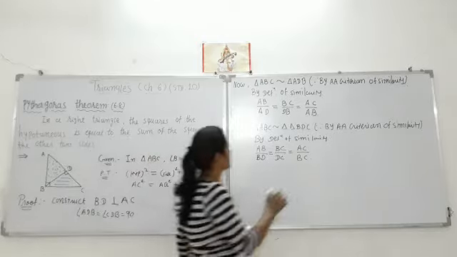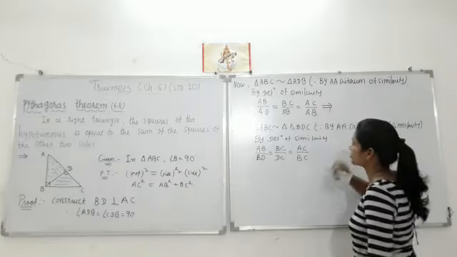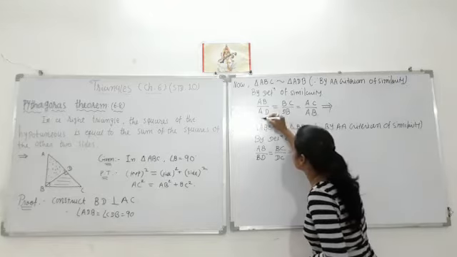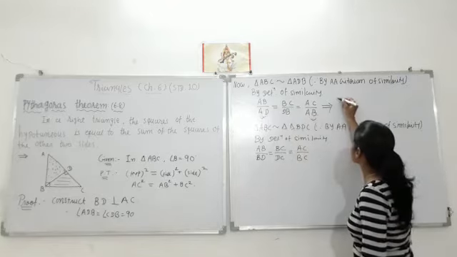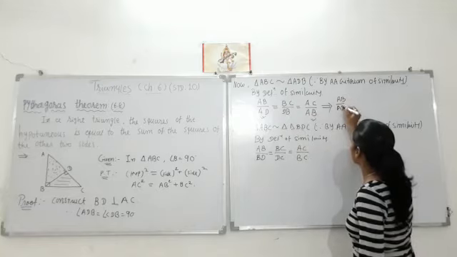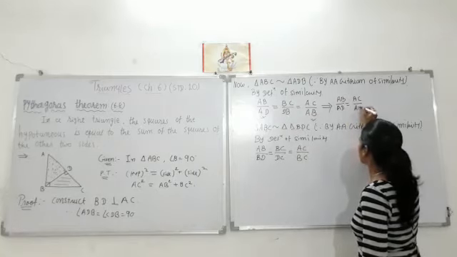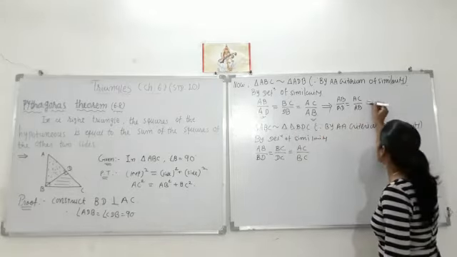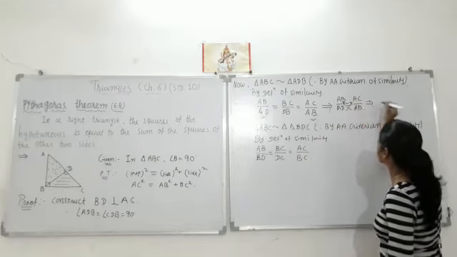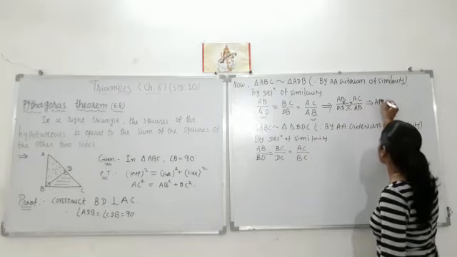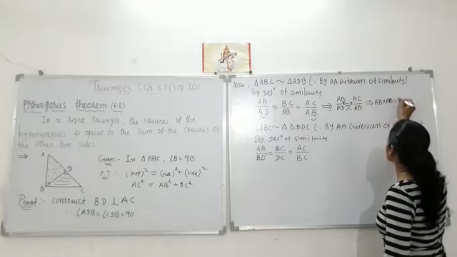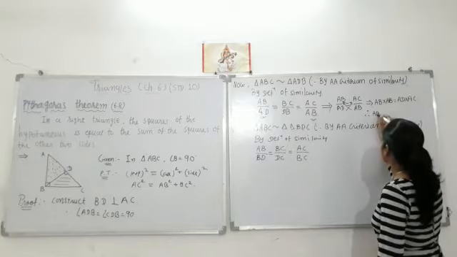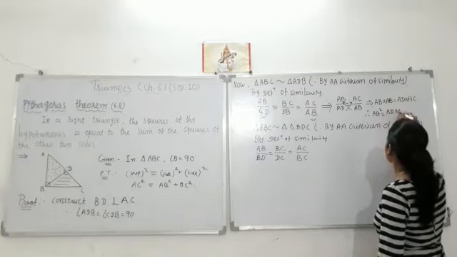That's why we consider these two things, that product becomes itself, and that's why it becomes its square. So we consider these here. AB upon AD is equal to AC upon AB. We just consider these two because we need them in our proof. Take cross multiplication of these two. So this becomes AB into AB is equal to AD into AC. Therefore, AB square is equal to AD into AC.